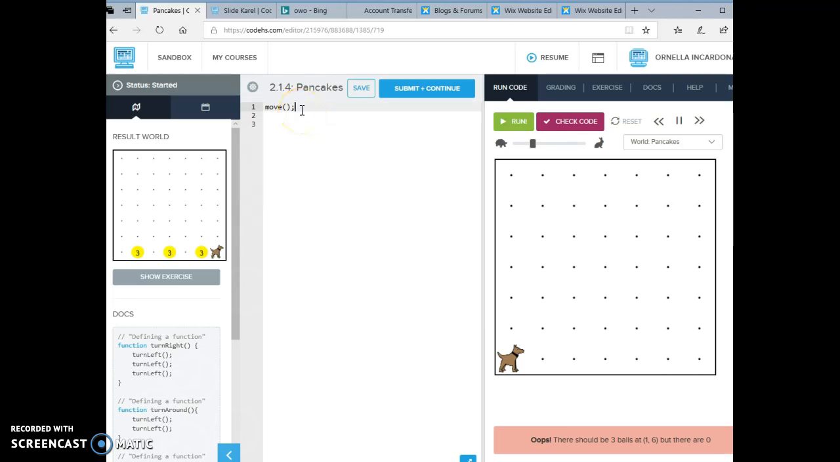So I'm going to start with move, and then I'm going to start with make pancakes. And what we need to do is write a function for make pancakes. So I'm going to go to the bottom here, and I'm going to type in function make pancakes, open, close parentheses,